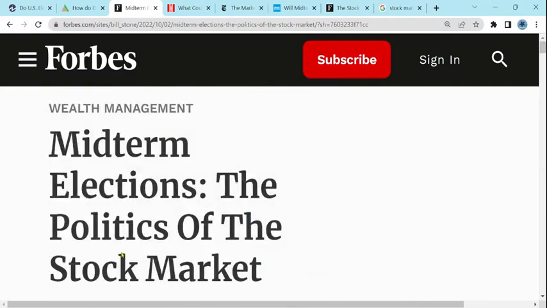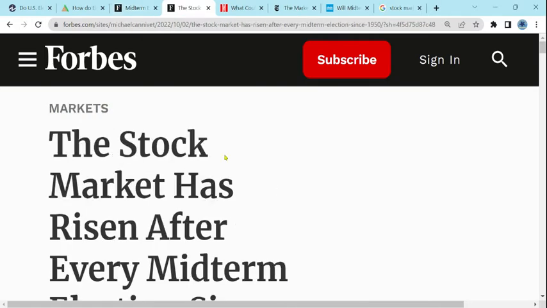So again, we hope this gives you a general idea of how midterm elections potentially affect the overall politics of the stock market, and then we'll look at other aspects, other opinions, other effects that the midterm elections may have on the stock market. Look at an additional article with some additional information about the history of how the stock market has performed after